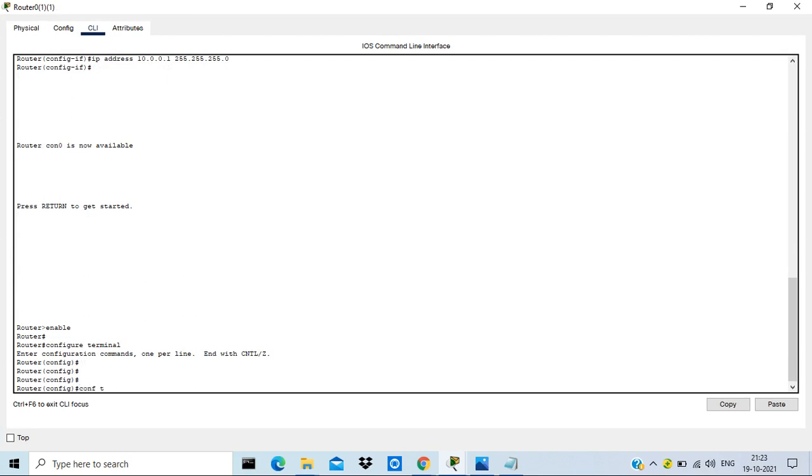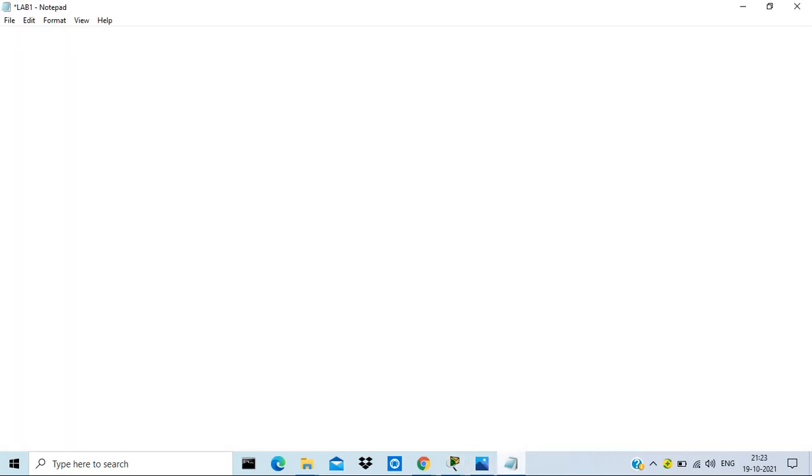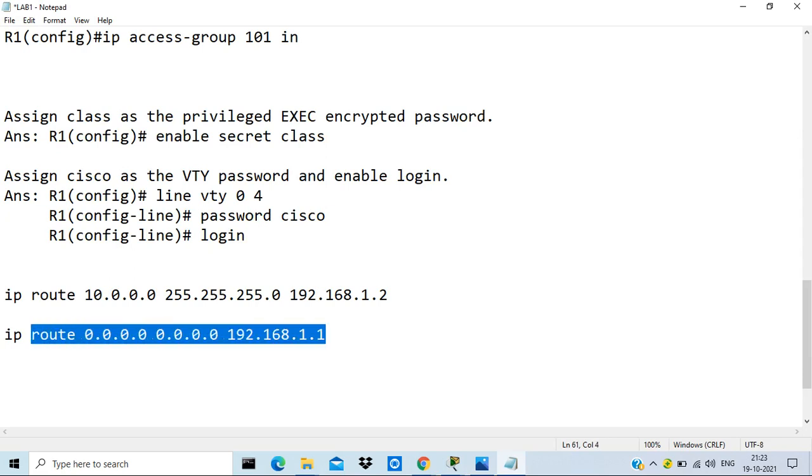That is conf t, and here I am in the branch office 1 router. To add the route, the command is ip route, and then I can copy this, which I have written right now. So I can copy this entire thing.